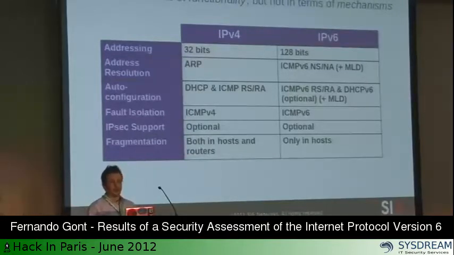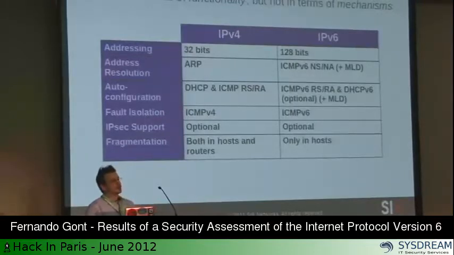When it comes to autoconfiguration, in V4 it's typically done with DHCP and ICMP router solicitations and advertisements. Of course, the most popular, if not the only popular, of these mechanisms is DHCP. But in any case, I'm noting that V4 supports some basic autoconfiguration with ICMP. In the case of IPv6, autoconfiguration can be provided by ICMP messages, which is called stateless address autoconfiguration, or it can also be provided with DHCP version 6, which is of course analogous to the V4 counterpart.